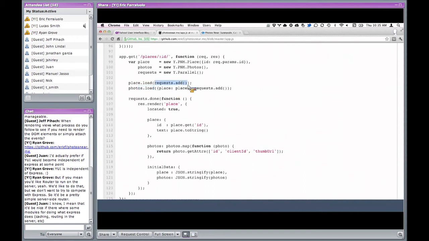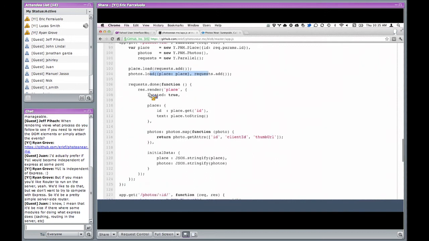And what it's doing here is this parallel utility, you can call add, and it's saying, add when this returns a callback function, and when that callback function is called, it basically increments something saying that this thing has completed, and I'm doing that here. And then when all the requests are done, that means when both of these load calls have completed, then call this callback here, which